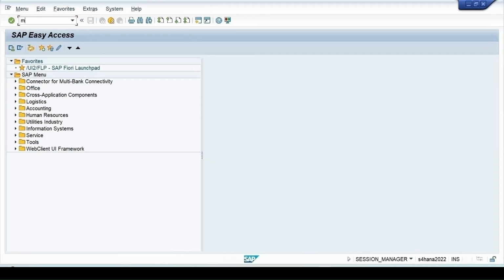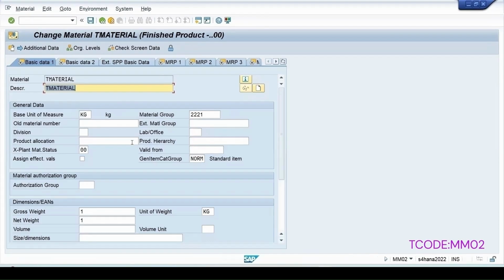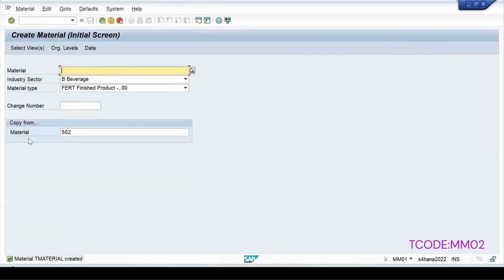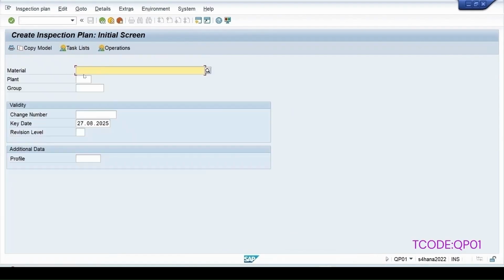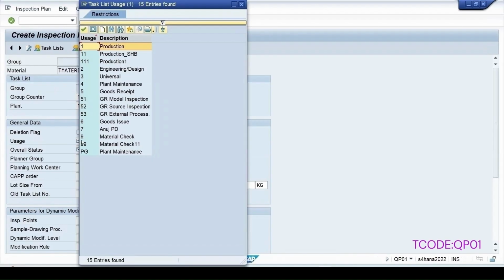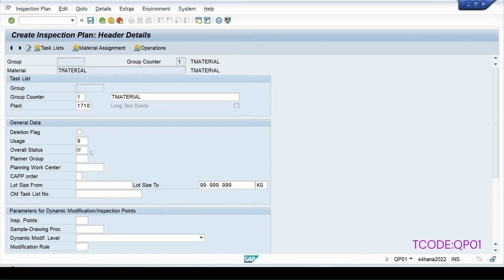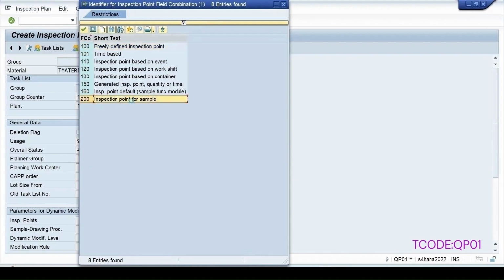Enter the material and press enter key. It's a finished material in which I will be doing the stability study. QP01, inspection plan creation, my material is this, plant is this, press enter key. When creating an inspection plan for the stability study, I will use the usage as 9, which is material check. Status should always be released, so I'm selecting 4 in this. For the inspection points, we will select 200 for the inspection points for the sample. Press enter key and then we will go to the